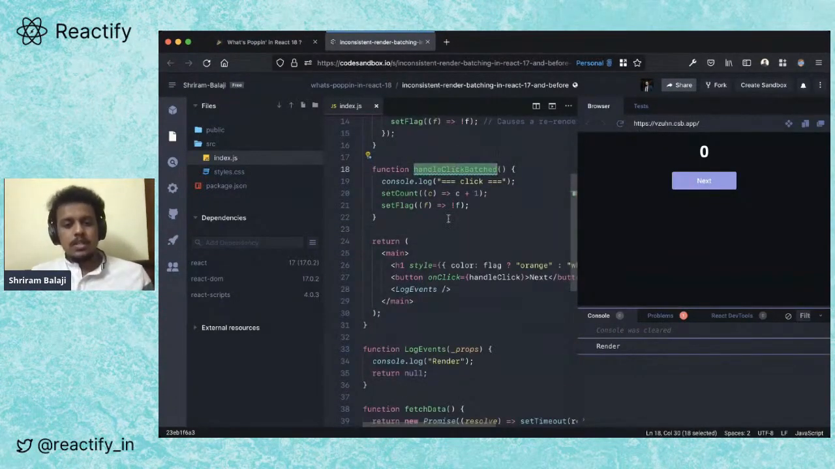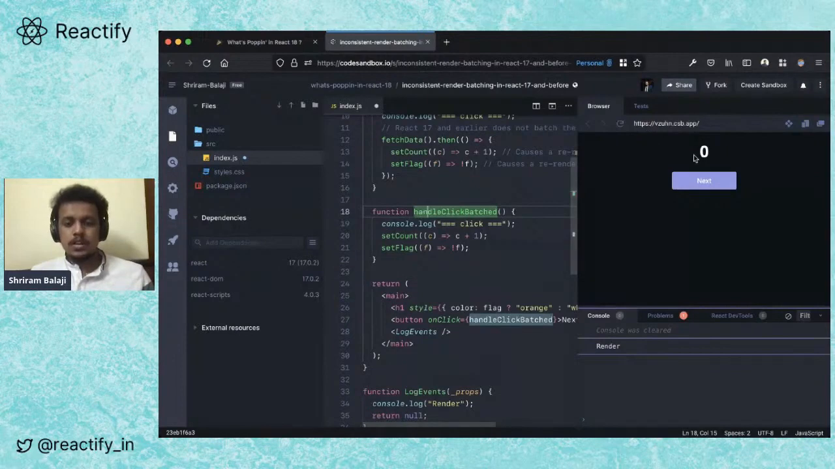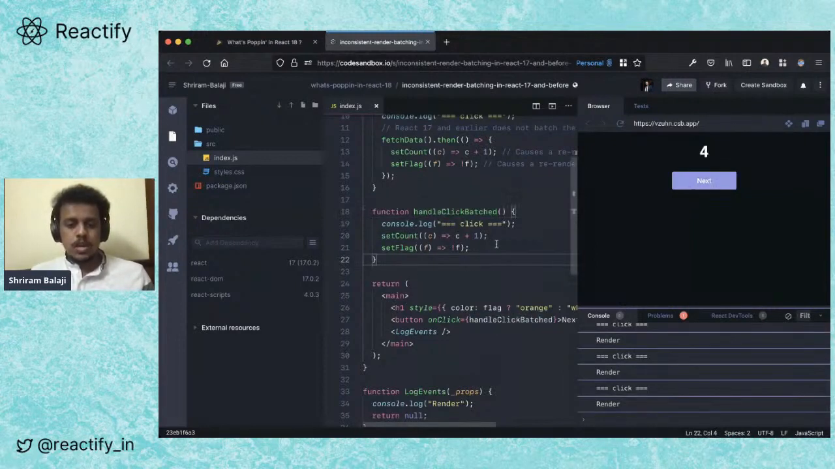To also demonstrate that this works today if it is not inside a promise, here there's no fetch data. There's just two set state calls. On the right, you can see when I click, there's just a single render happening because these two state updates are getting batched, right? Cool. Now that that's clear,